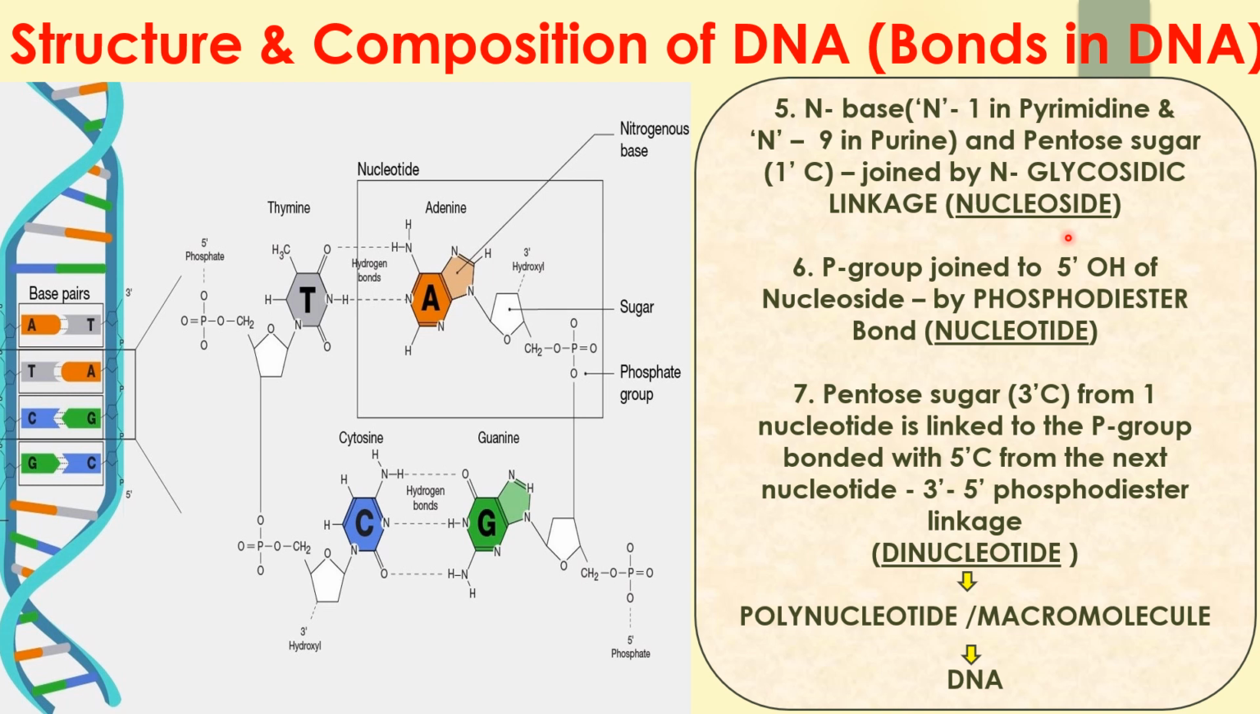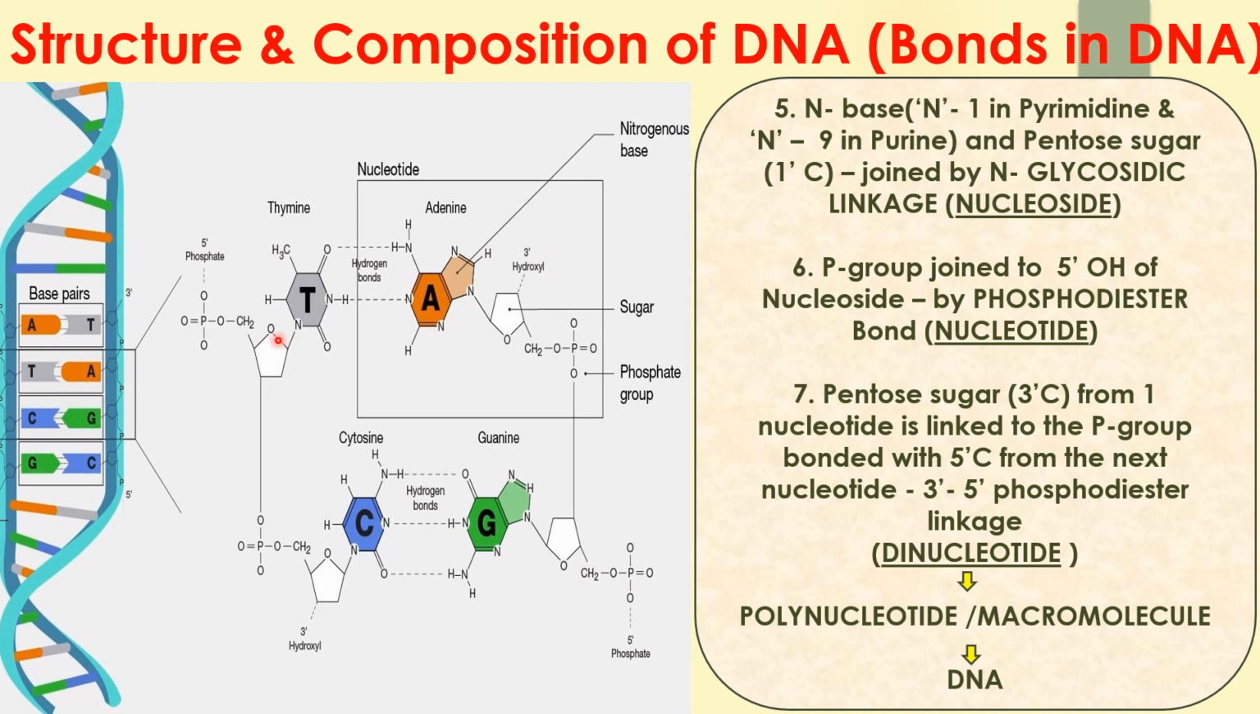You know very well, sugar plus nitrogenous base equal to nucleoside. For making a nucleotide, you need an additional phosphate group, isn't it? Let us see how the bonds are made. We need an additional phosphate group which should be linked to this nucleoside to form nucleotide. So this phosphate group joins to the 5' OH of the nucleoside, meaning that, see, this